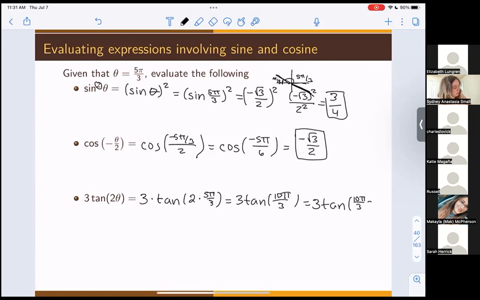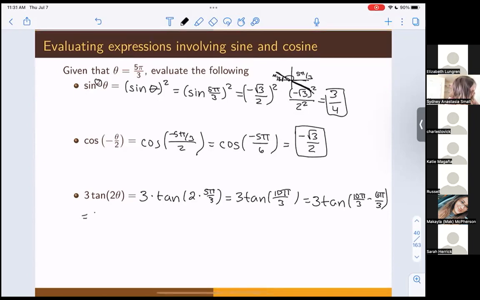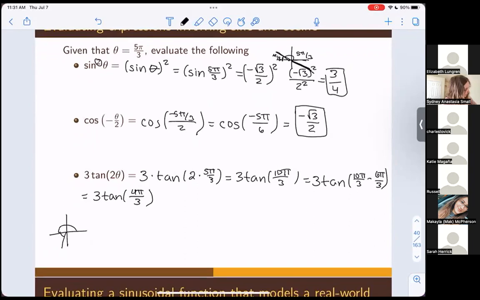2 pi is just the same as 6 pi over 3. I just multiplied 2 pi by 3 in both the numerator and denominator because I wanted a common denominator for subtraction. That gets us to 3 times the tangent of 4 pi thirds. 4 pi thirds, we go, this is 3 pi thirds, one more is 4 pi thirds, so we know 4 pi thirds is that angle down there. And from our unit circle, we know that this is 3 times the sine of 4 pi thirds over the cosine of 4 pi thirds,